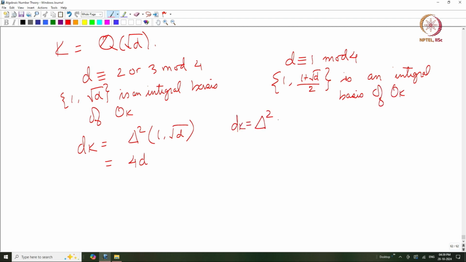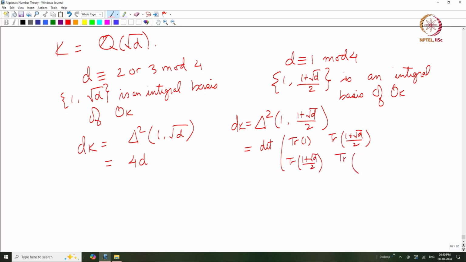So, dk is delta squared of 1 plus square root of d by 2, which interestingly is the determinant of trace of 1 plus square root of d by 2, trace of 1 plus square root of d by 2, and then trace of the square of this, 1 plus square root of d squared, which is 1 plus d